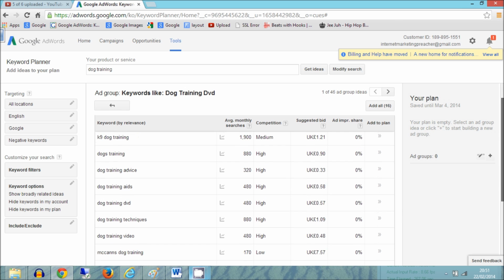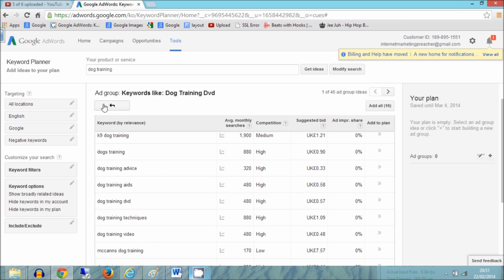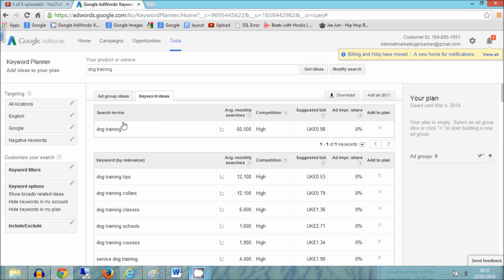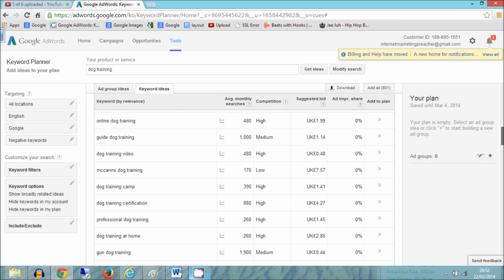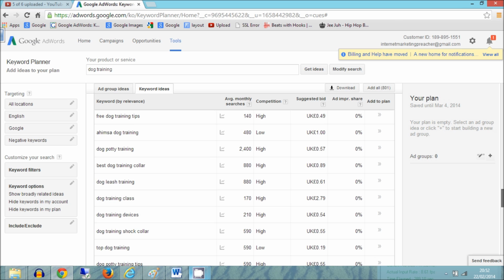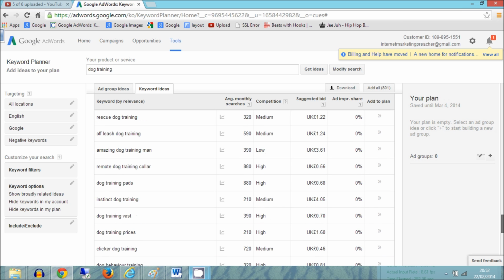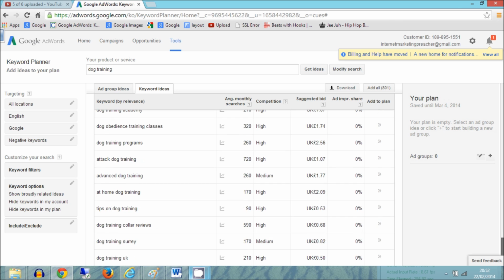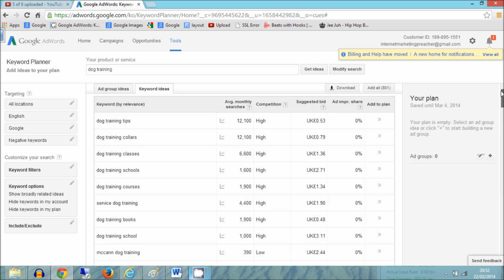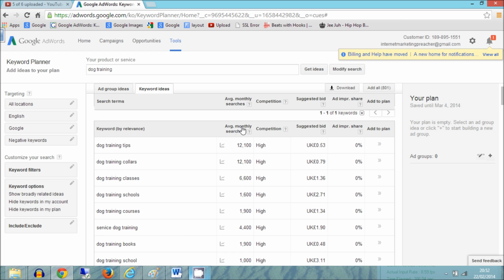Now one thing I really like, a nice function here, if we scroll back to the keyword ideas, what you can actually do is you can see here that some of the keyword phrases don't even feature the keyword dog training in there. If we were specifically looking for dog training, for example, actually all of these do, because they're sorted by relevance. I'll show you one other thing quickly, and then we'll be able to see some that don't. So here, if you click this button here, what we'll actually do is sort the search results by volume.